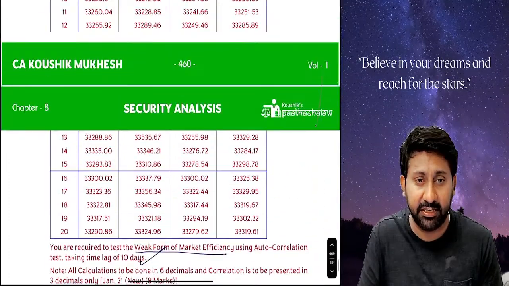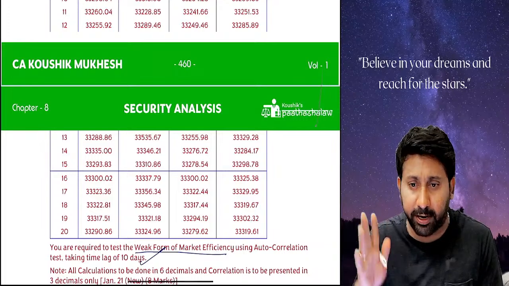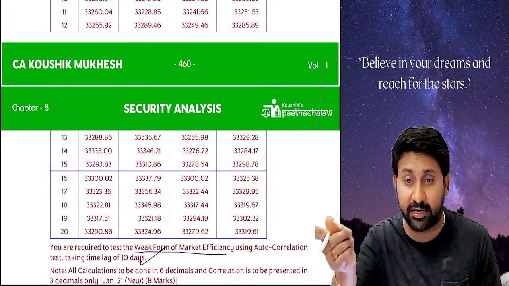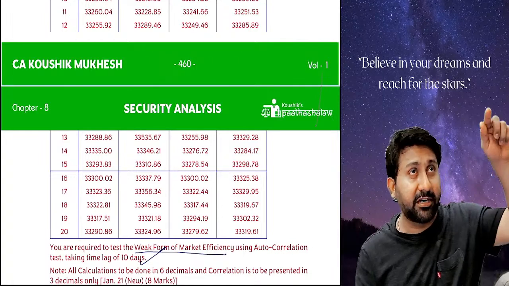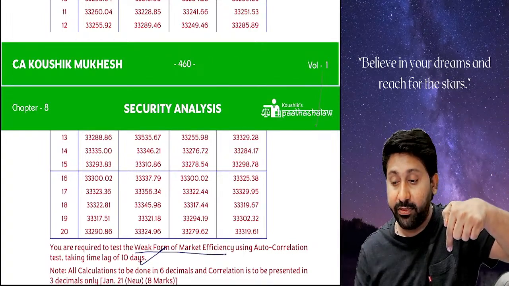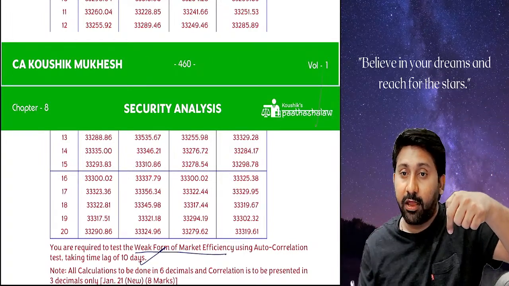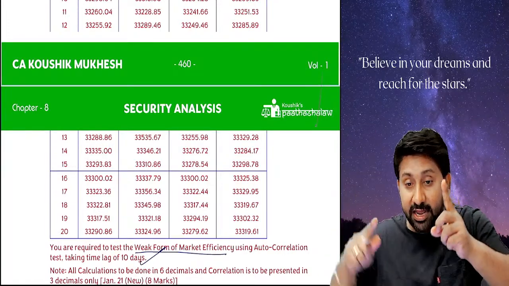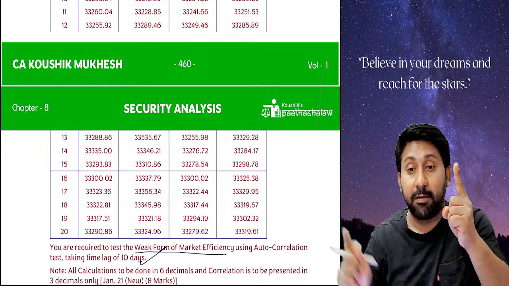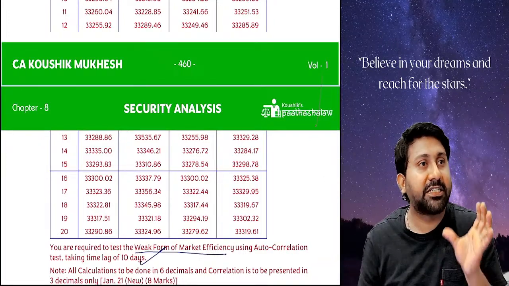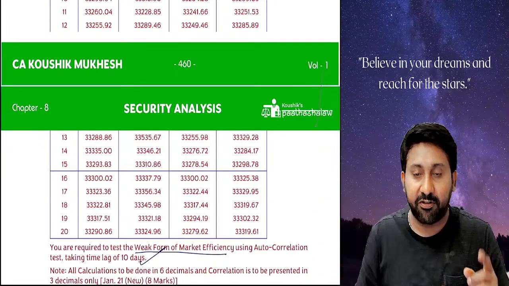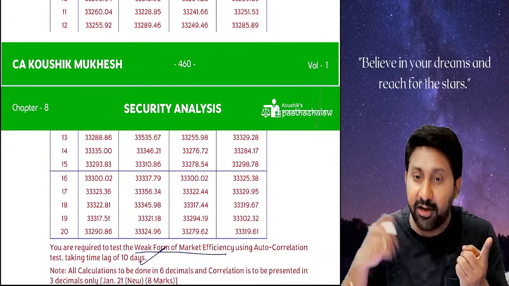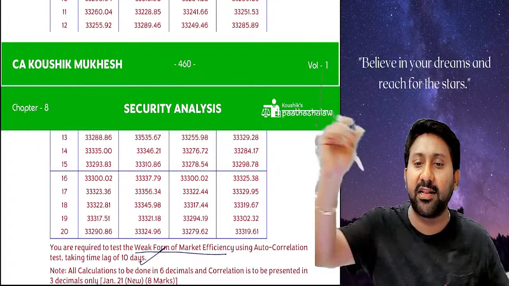Time lag 10 days. It means divide the total information into 2 parts, 10 days and 10 days. Check whether there is any correlation between the first part and the second part. If the first 10 days show a downward movement and the next 10 days again downward, or first down and next up, or first up and next up, or first up and next down, then there should be a trend, either negative or positive. If it shows, by technical analysis you can make a profit.